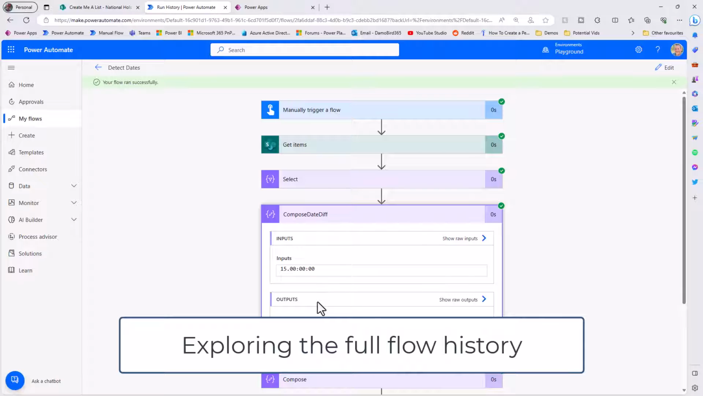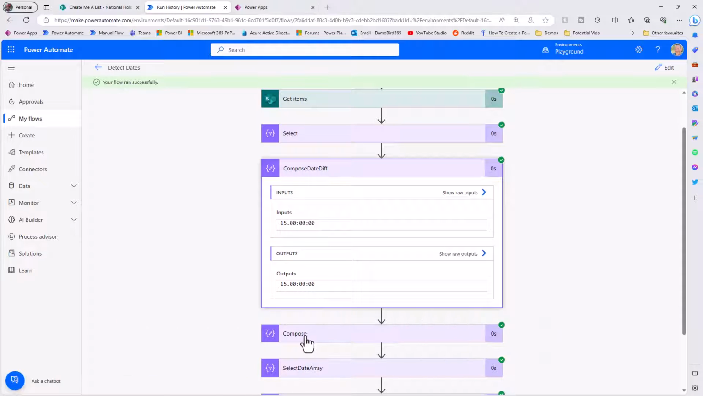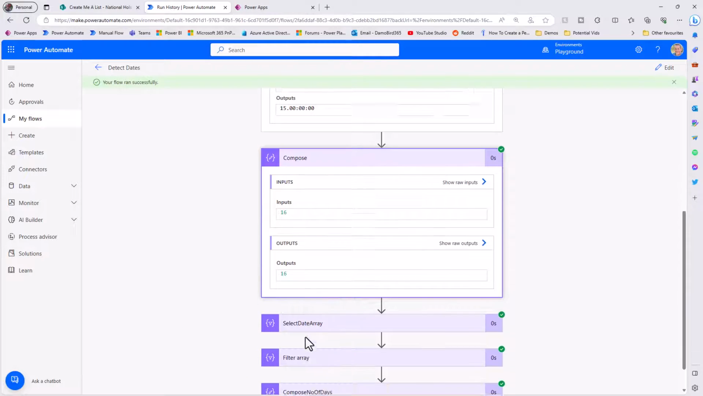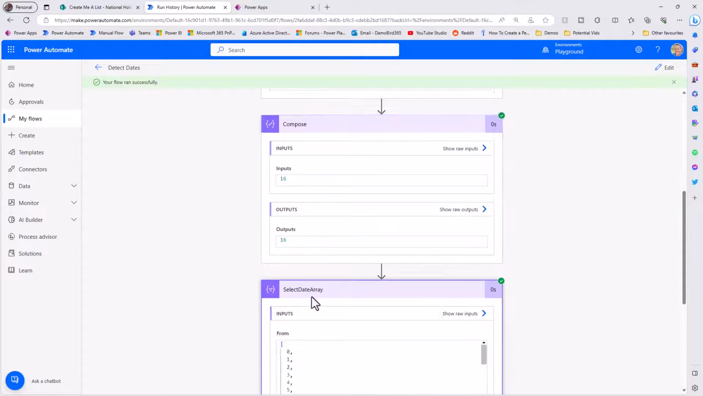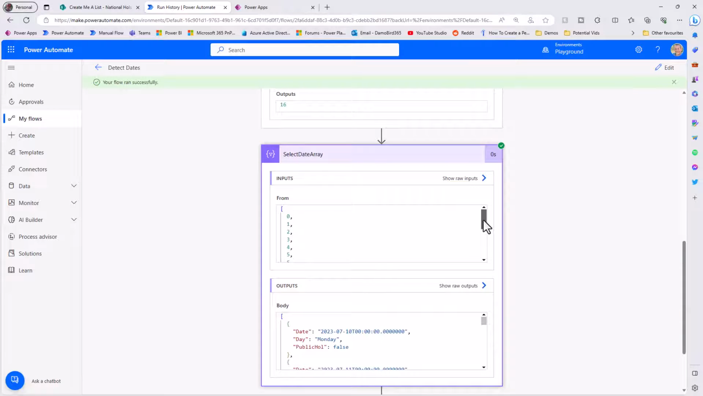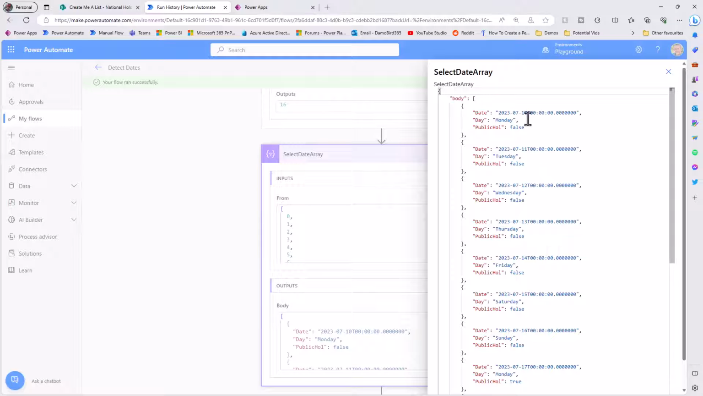from the 10th to 25th is 15 days. The compose has added 1 to give us 16, and then if we have a look at the select array, we have that range that runs from 0 all the way up to 15, so that's 16 numbers starting from 0. So we then use that in the output, so starting with that start date, the 10th, if we go